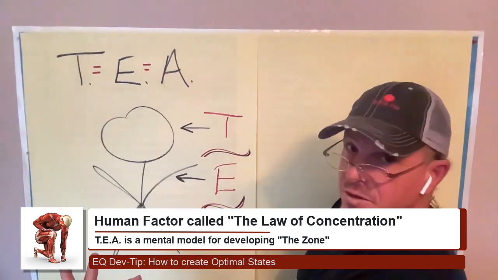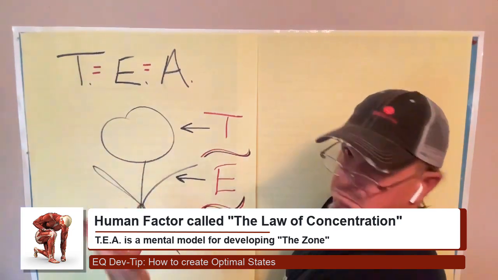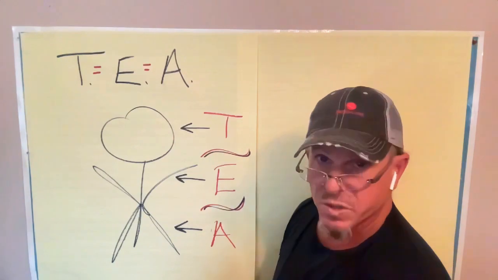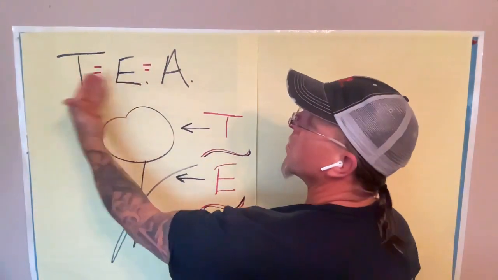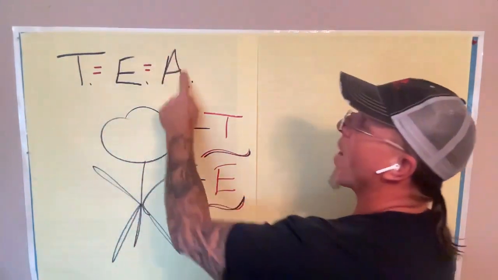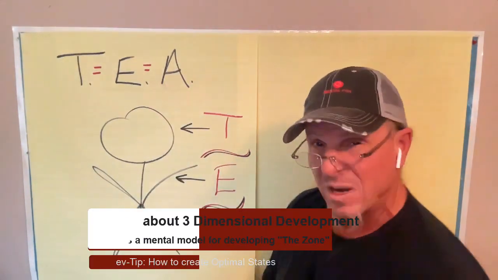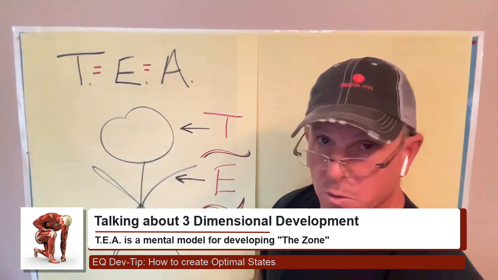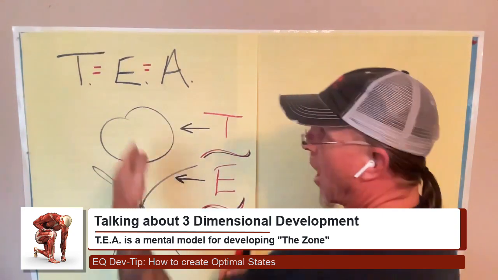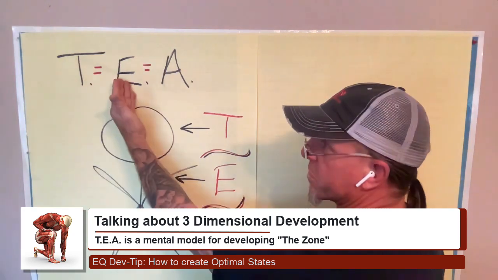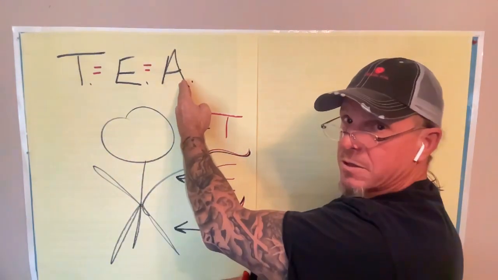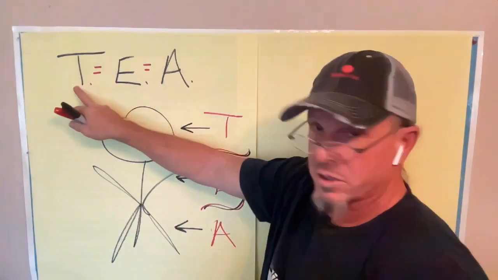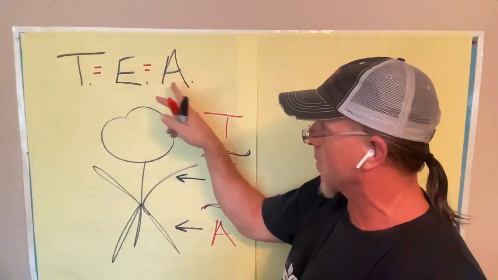T stands for thoughts or attitude. E stands for emotional states, emotions or feelings. These two combined drive our high performers, our elite. Now, whether they understand this or not, this is the best model we have to explain it to somebody. Our thoughts drive our emotional states, which drive our performance, our actions. This is the zone. Specific thoughts for the individual create the right emotional states.